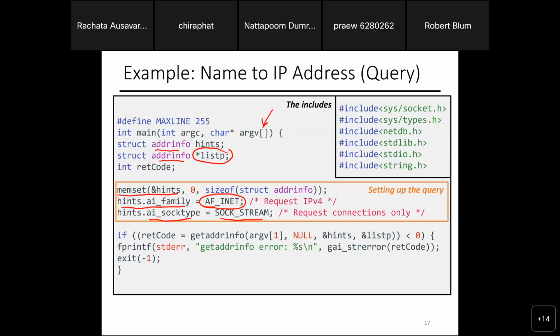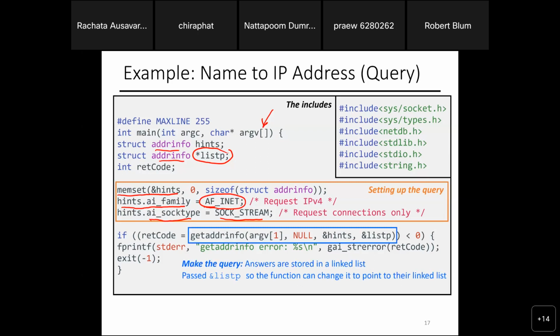Then I use getaddrinfo here, with the argument input from my program as the host name. Again, the hint is telling it that it's IPv4, and I just want to establish the connection.